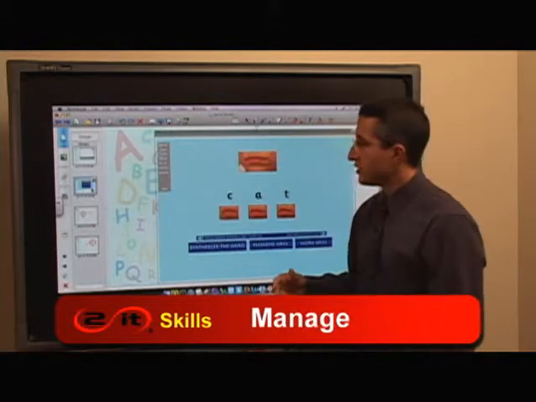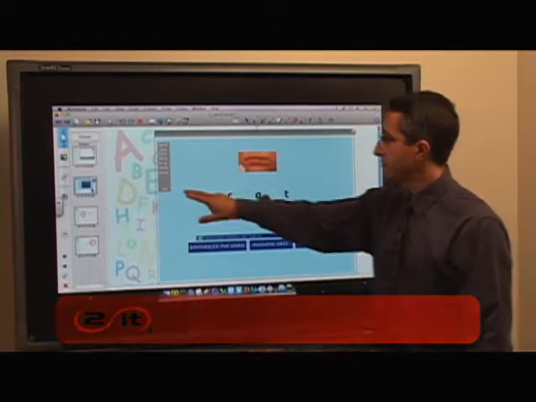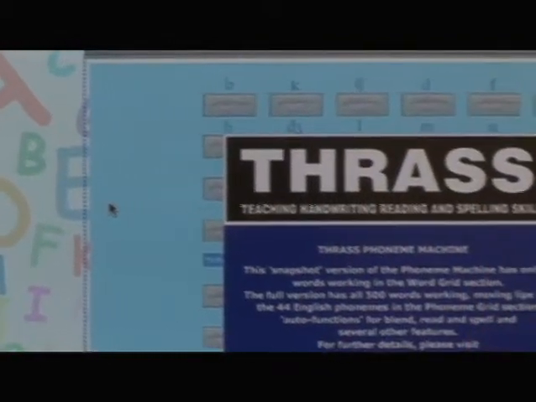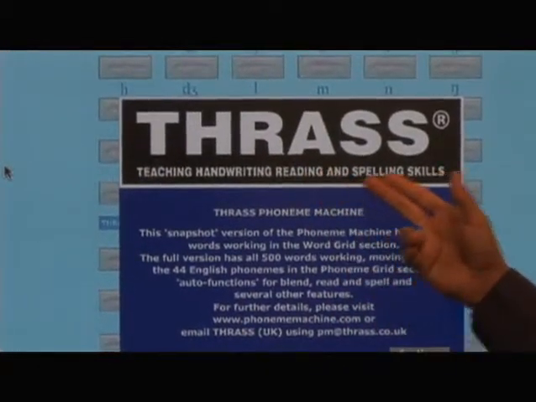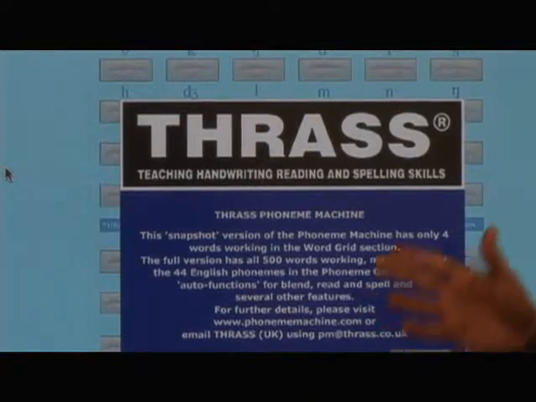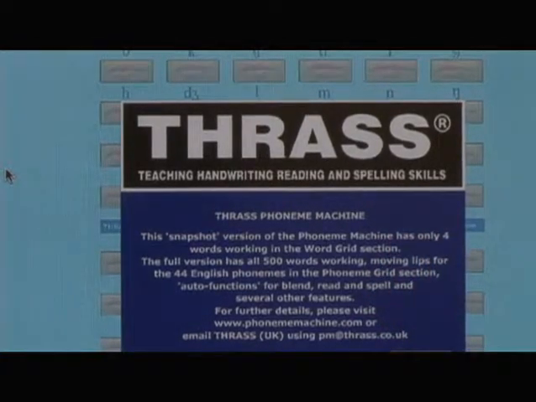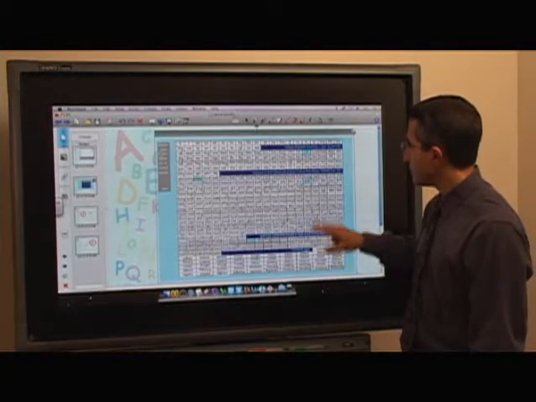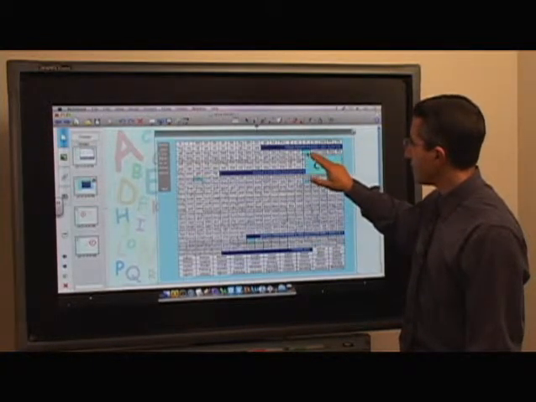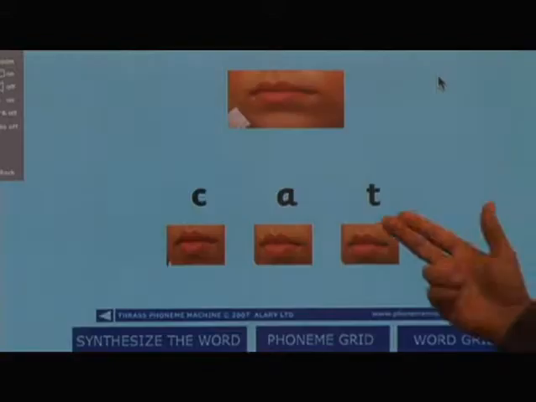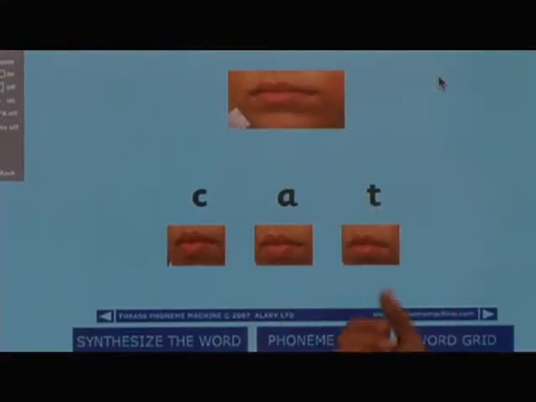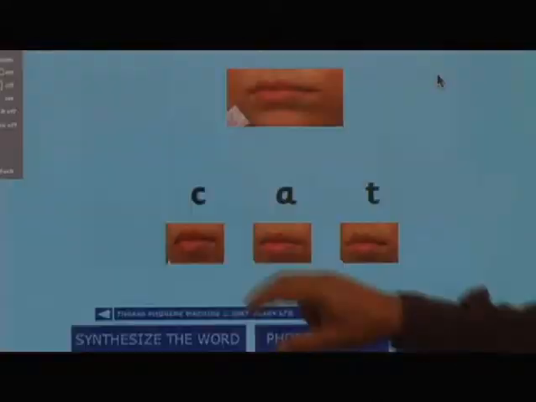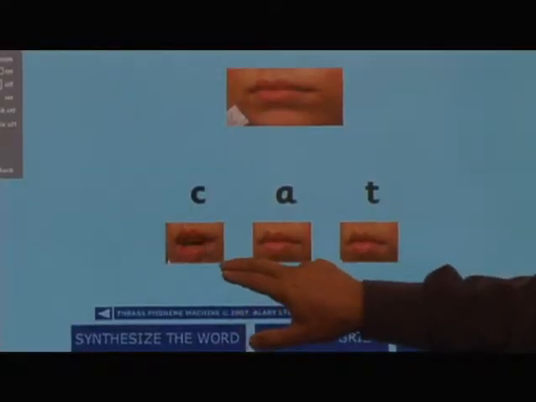And this one is from Thrass. It is a phoneme machine. I'm going to click back here so we're at the main section. And that's teaching handwriting, reading, and spelling skills. This is a trial version that comes with SMART Notebook. I'm going to click continue here. And I will select cat, which is part of the at family. And what it does is it breaks down each of the words into a variety of phonemes. These are small individual video files, so when I click on the C,